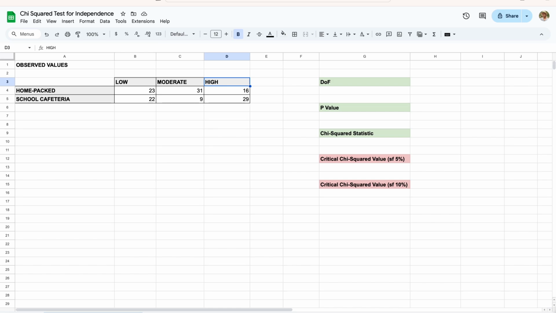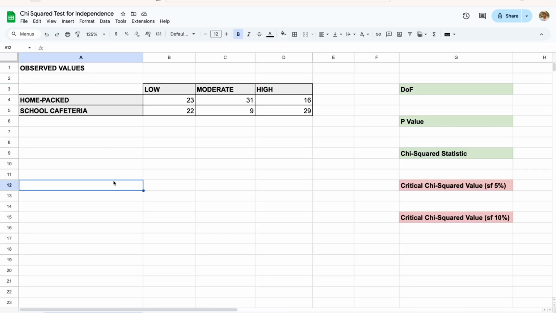Okay, let me start by zooming in a bit. I want to make sure that you can see everything clearly. So I'll just enlarge everything and I'll turn this into 125%. There we go. All right, so to give you a quick rundown of what we're going to be seeing here,